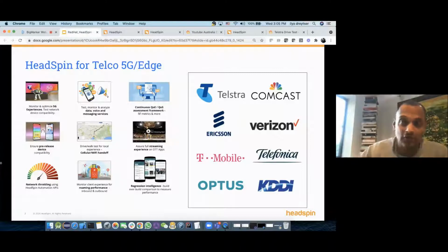So you could be driving or walking from one location to another, and you want to see the experience of a user who's perhaps streaming on YouTube or any other application on their mobile phone. We are able to provide that feature. What we'll be talking about in more detail is how we are helping ensure or enhance the quality of streaming